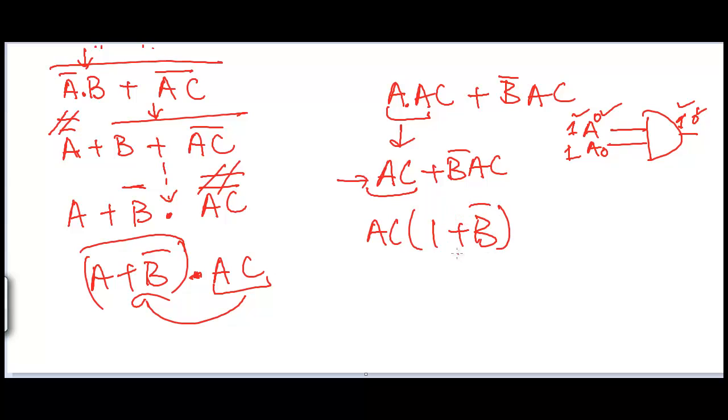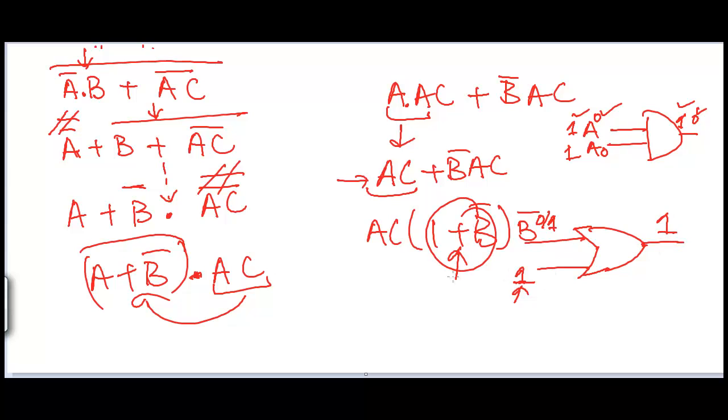And you can think of this plus as an OR gate. A plus is always an OR gate in Boolean. So now one of the inputs is 1 and the other input is b bar. So no matter what the value of b bar is, whether it is 0 or 1, because you have a 1 here, the result of this OR will always be a 1. So this expression will become equal to 1. So it's going to be ac into 1, and this will give us ac as our output.